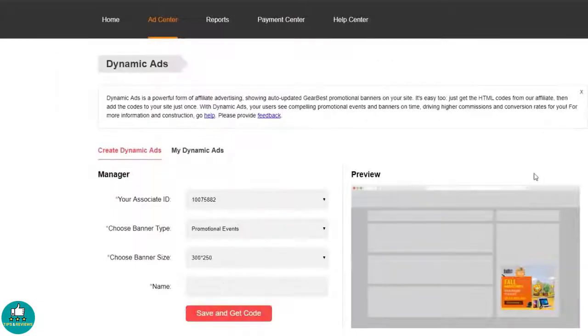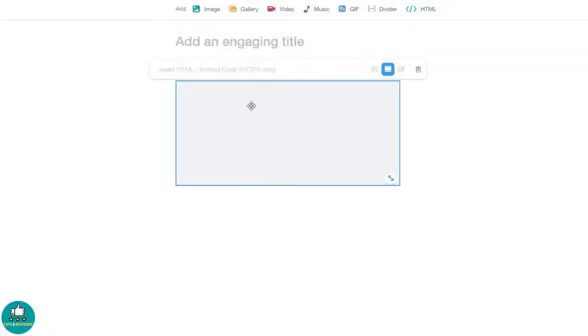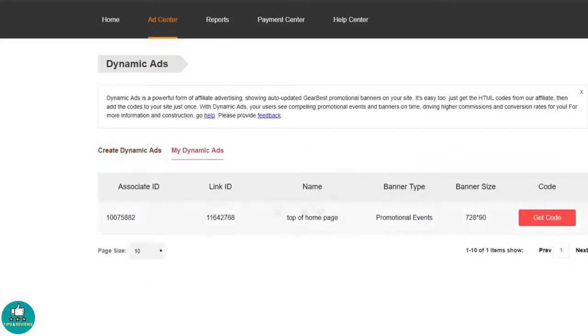Moving over one, we have the Smart Ads tab, where you can find dynamic ads. Now these auto-updating ads are a powerful form of affiliate advertising. Set them once on your website as a HTML code and leave. Latest offers and promotional events and new product releases will all show up as and when they are made available. You're also able to select from various different banner sizes to suit whatever size you would like to use on